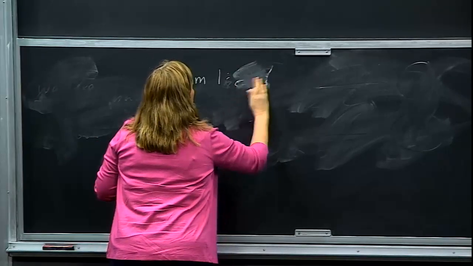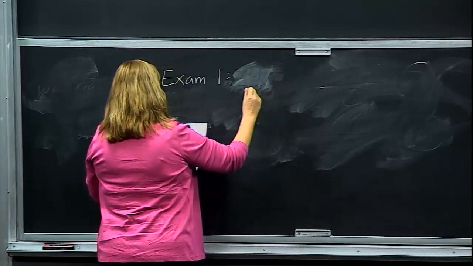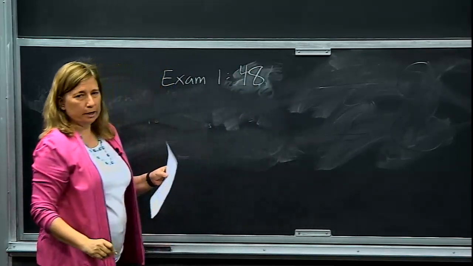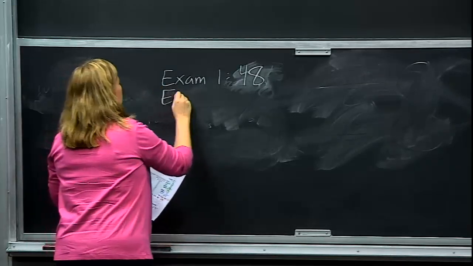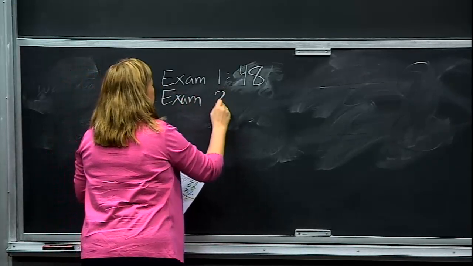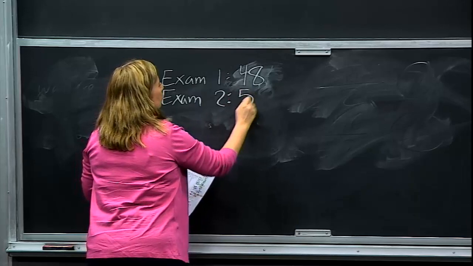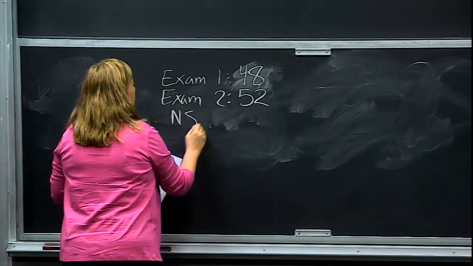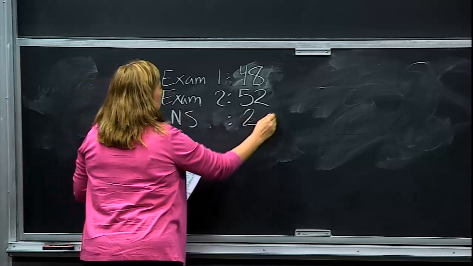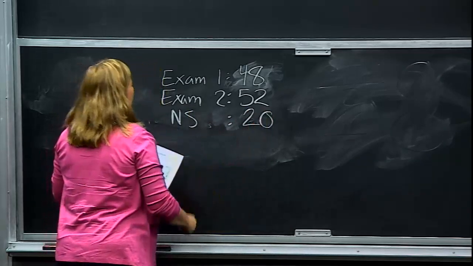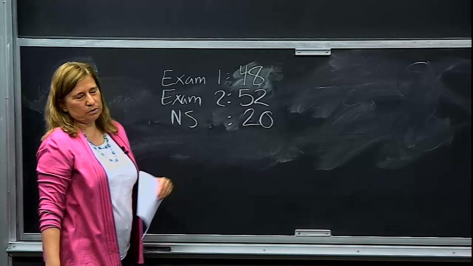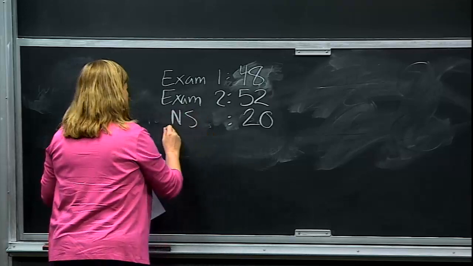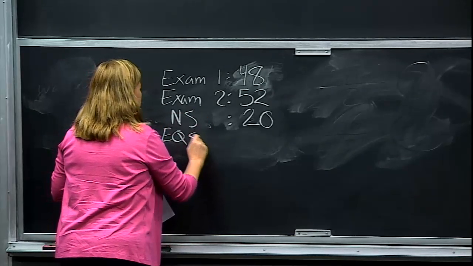Whoops. No. On exam 1, wait a minute, where's my fictitious person? Your score was 48. On exam 2, I'm just going to put some made-up numbers here. Your score was 52. You're looking in on native son. Oh, good for you. You got full credit, so that's 20. I don't want to list out in this fictitious person every last EQS module, but let's say that this fictitious person actually was very attentive to EQS modules because let's think about